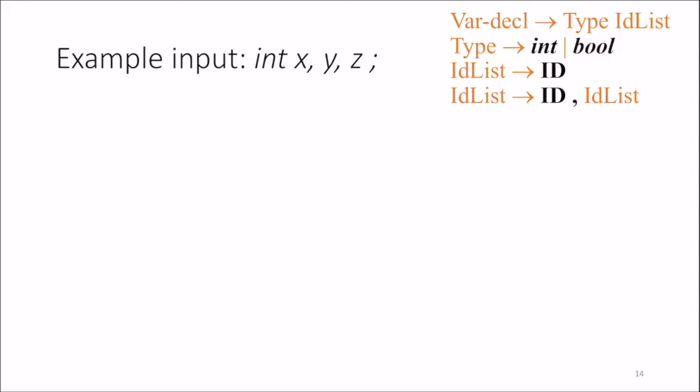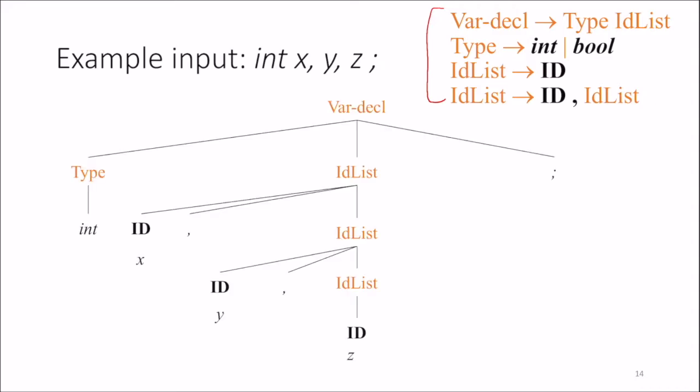So let's take an example input. In fact, it's the same one that I used as an example in the previous slide. And this is the same grammar that we had in the previous slide. And let's look at the parse tree for this input. You can see that the parse tree would look like this. We have var declaration, which has a type and a semicolon. And then there is a recursive ID list call, which expands ID list to ID list. And each time it does that, it has an identifier with a comma until we get to the base case,